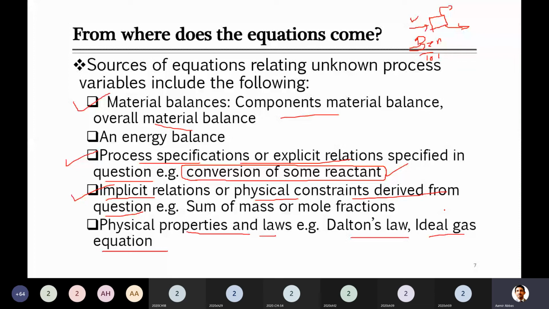But another example can be, for example, selectivity. Sorry, I don't want to go into those terms because later on we have to discuss those in detail, otherwise you will get confused about what exactly process specification means. Most of those are related to material balance systems. Or sometimes you are given some information, for example, that the ratio between two reactants, or the ratio between feed and product, is 0.7 or 0.8. This kind of information given, you can call process specification.